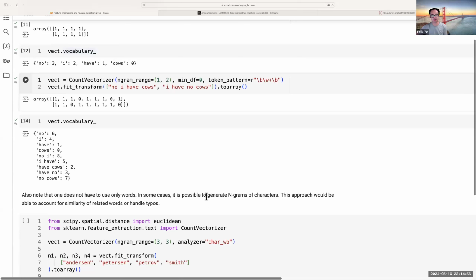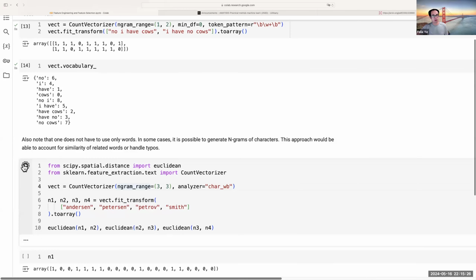And of course we can generate any gram of characters we want. Sometimes that's also possible. With this approach, we can account for the similarity of the words or handle typos if needed. For example, words that are kind of similar, and with that we can actually handle all this kind of information. And also this will be helpful with the typos. So for example, right here,